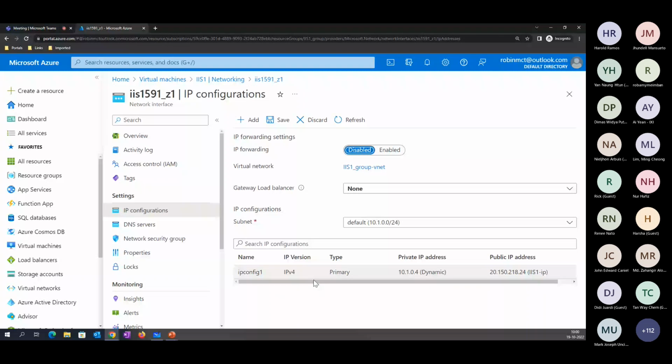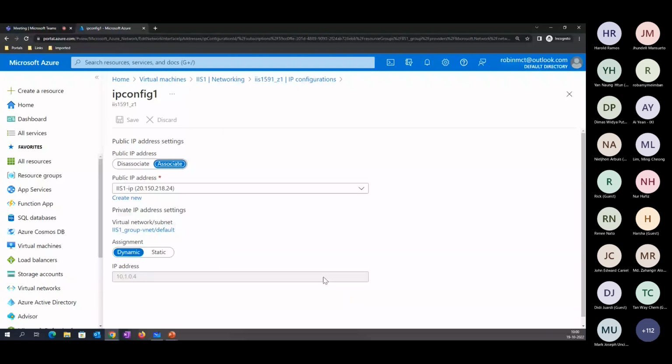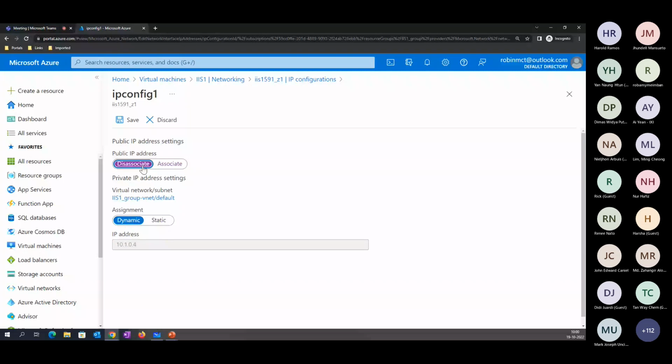So if you select an option called IP config, you can see there is an option for associate or disassociate. The moment you select the option called disassociate, at the top you will get an option called save. With the help of that,